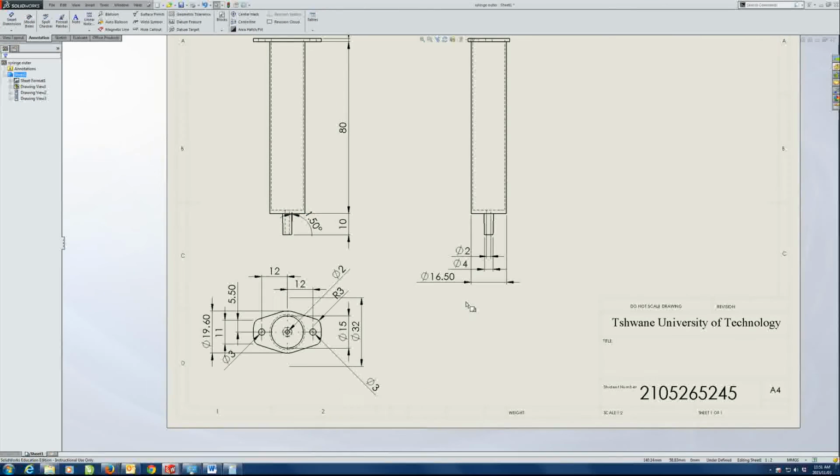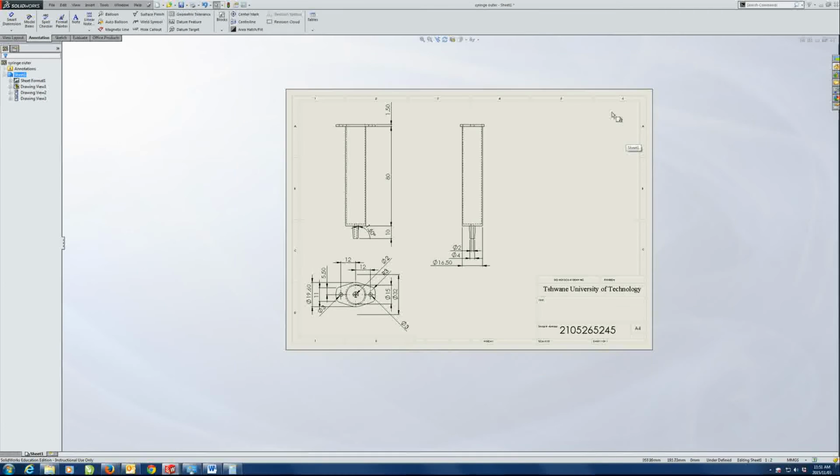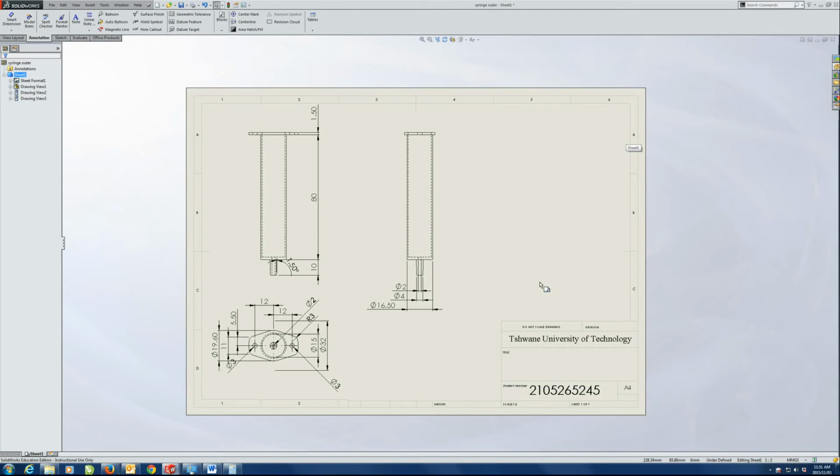That's just the way it is. Okay, so there we go. There is our drawing: front, left, and top view. We have our dimensions. The next thing we want to put in is a shaded